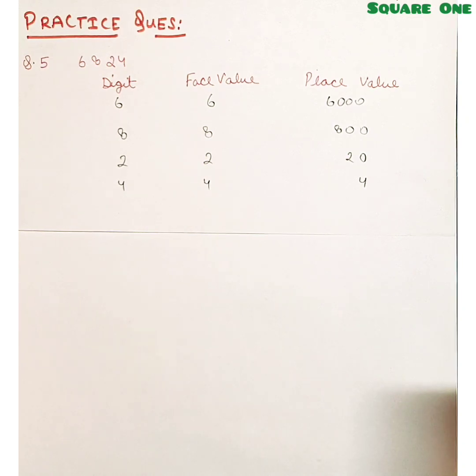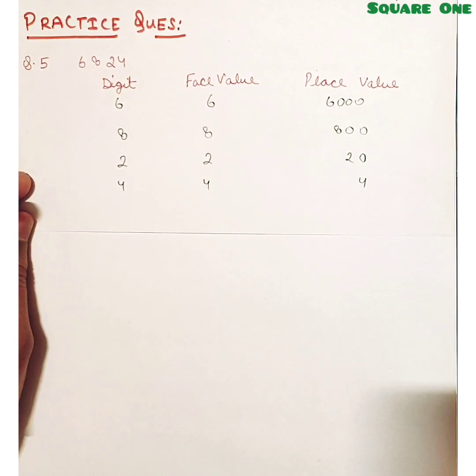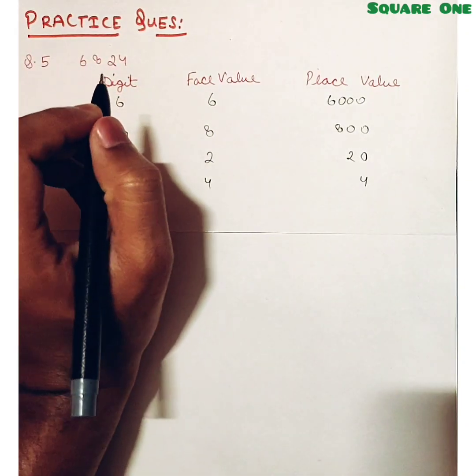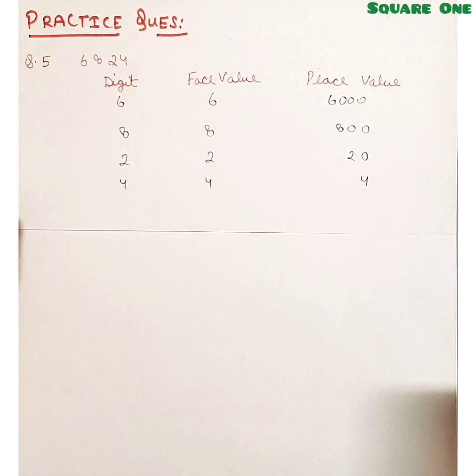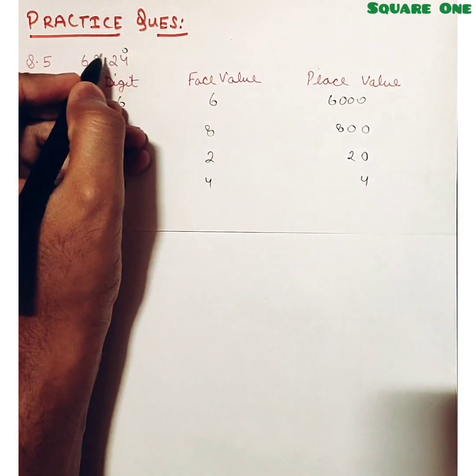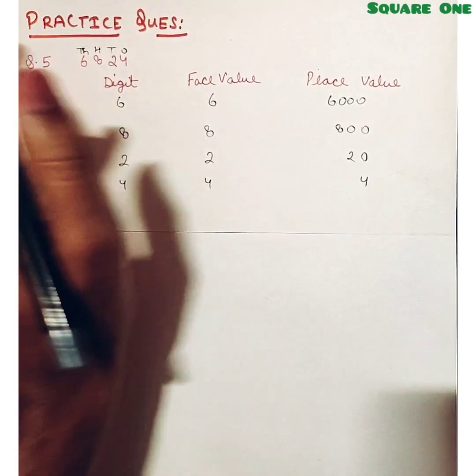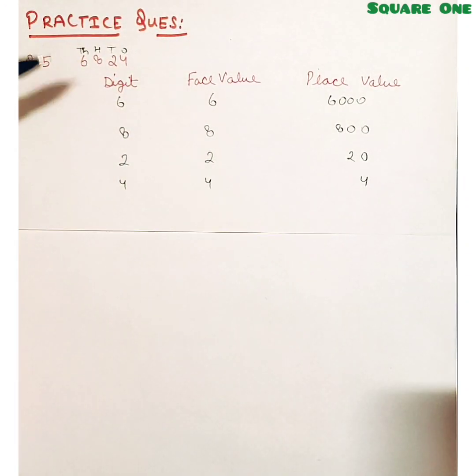Now in the place value, one thing I want to tell you is that whenever you face any problem while dealing with numbers, you simply use the placement names or the placement boxes or use commas or use both of them to make it easier for you to read. So ones, tens, hundreds, thousands, I have written these place names. It makes it easier to understand which digit occupies which place.